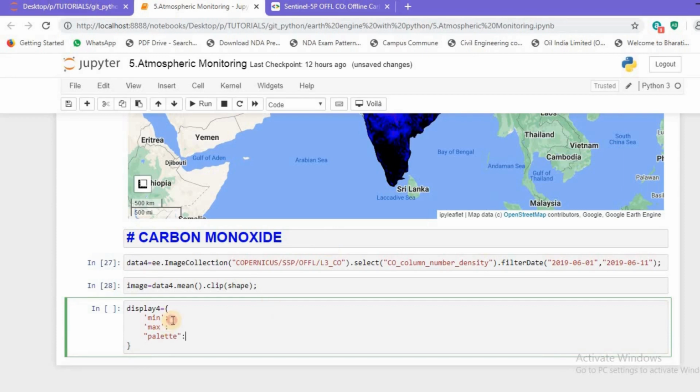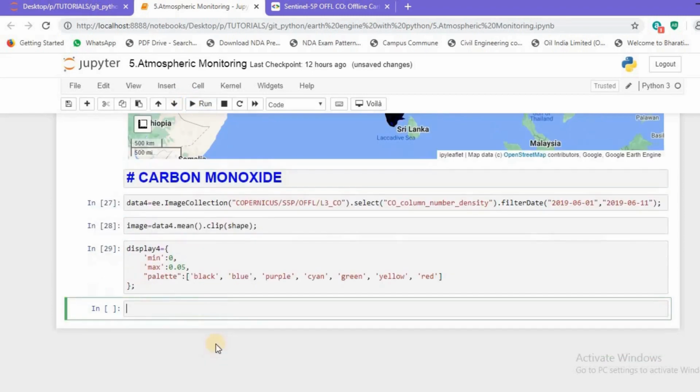For the minimum value I'll take 0, and for maximum value I'll take 0.05. That seems very fine. And for the palette I'll use the same standard palette that I have been using for the previous maps. Like this, we have black, blue, purple, cyan, green, yellow and red. That's it. Let's hit the run button now.